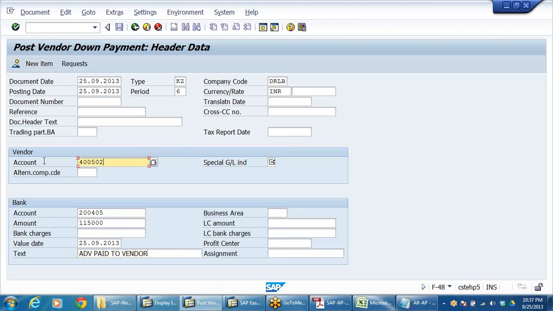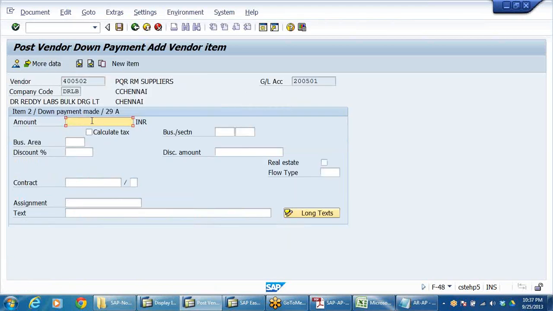But here, whenever you are posting to vendor, don't forget to give special GL indicator, because otherwise how is the system going to know whether it is advance or normal payment? See, if I press enter, system will ask to fill in all the required fields. So here I have to give A. 1,15,000 advance paid to vendor,